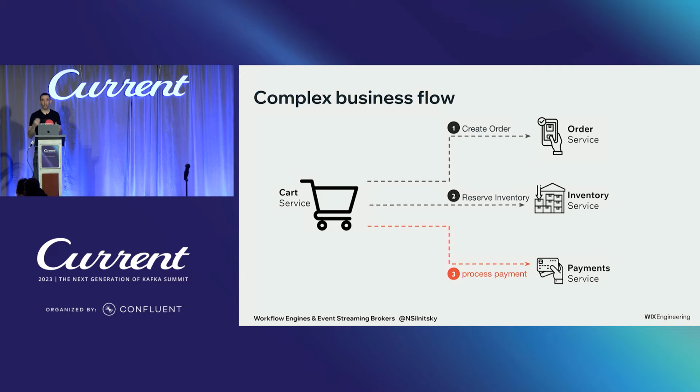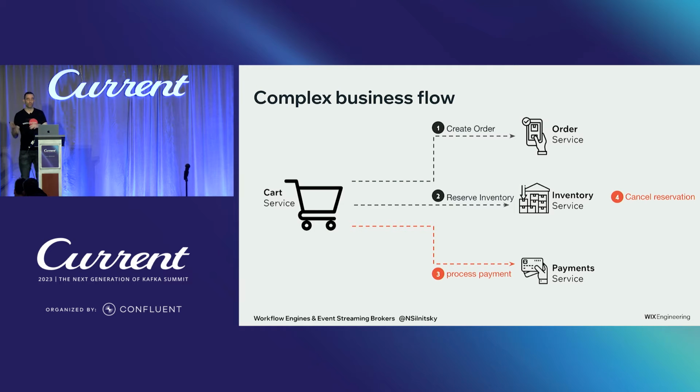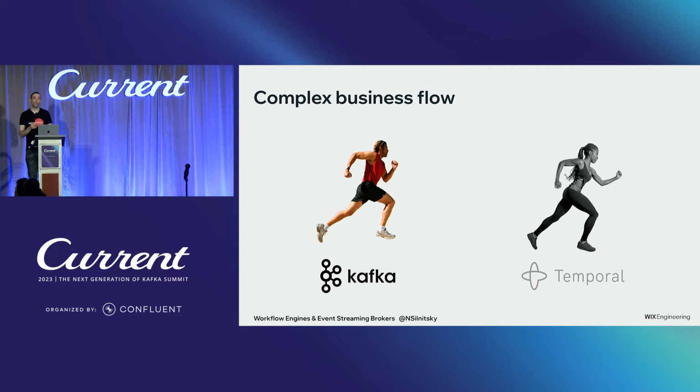Now, this is a distributed system, and of course there are failures possible here. You want to get the payment across, but sometimes something happens and you just can't do that. So with sagas, in a distributed transaction, you want to do a compensation. Here we're going to need to cancel the reservation that we reserved before in case of failure, and then cancel the order. Now we're good, and we have our complete distributed transaction. Let's see how we implement some of that with Kafka and later on with Temporal.